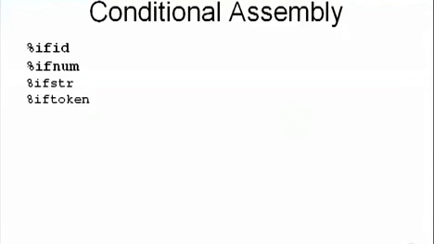The if token command will be true only if there is only one token on the line following it. Now you've got to watch this one. It may not do what you think. This is true because the number 374 is a single token. However, this one is not true because the minus sign is one token and the number is another. A similar test is if empty. It's true only if there is nothing on the line. This can happen if a single line macro